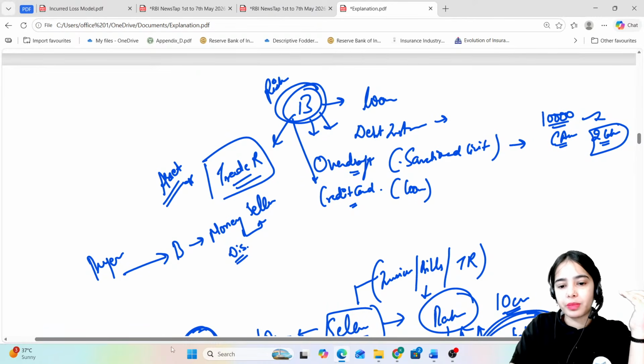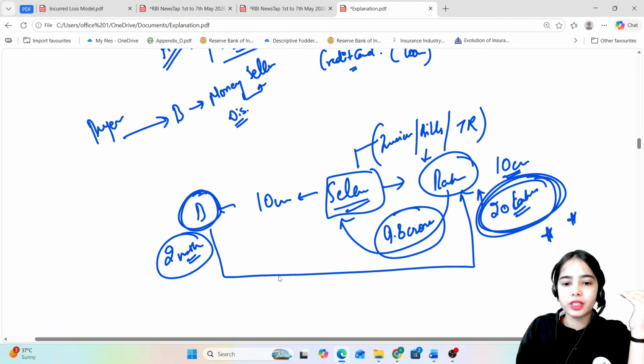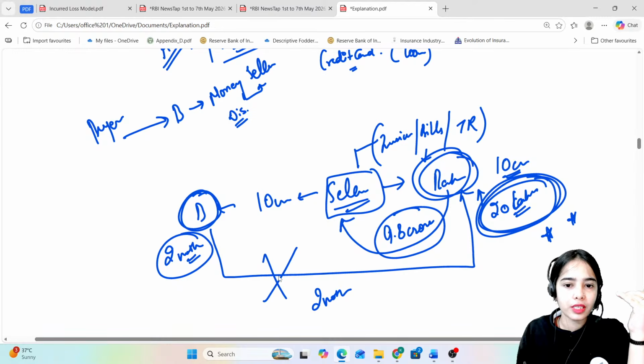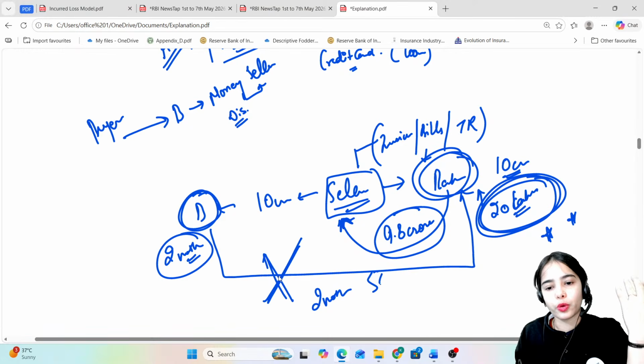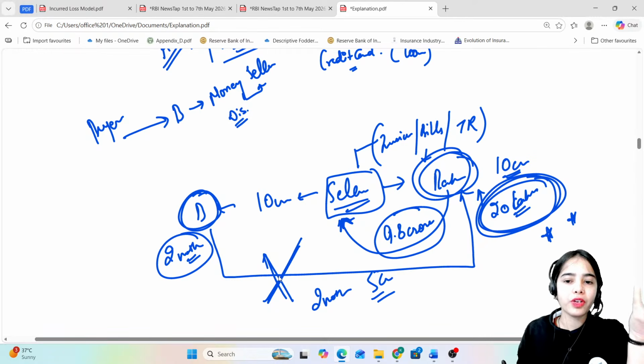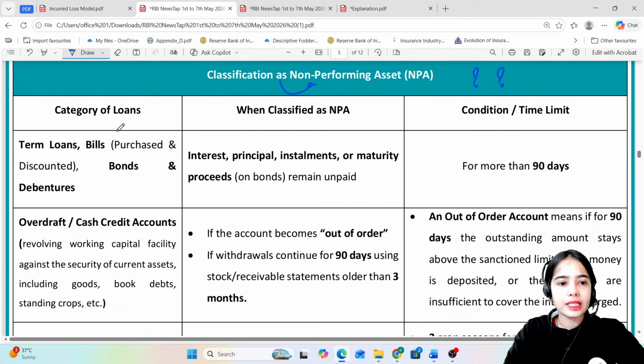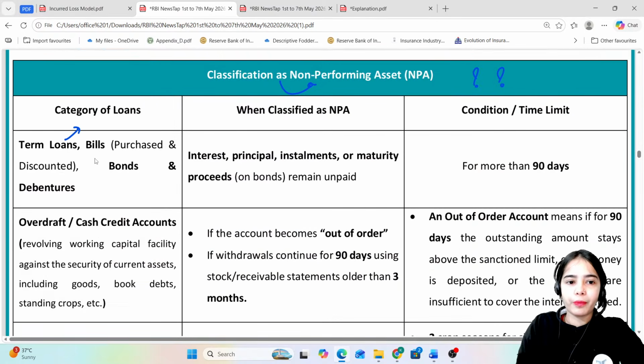Even the trade receivables. What if the buyer does not pay after 2 months? The bank has paid the seller 9.8 crore. What if the buyer does not pay after 2 months, or pays only 5 crore rupees, a partial amount? So the bank will be making a loss.